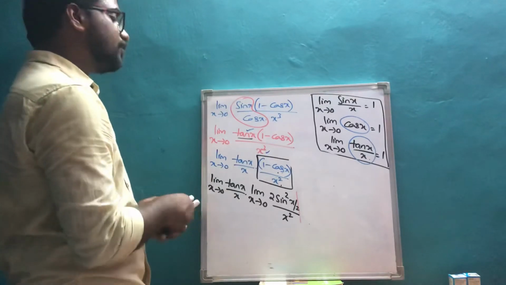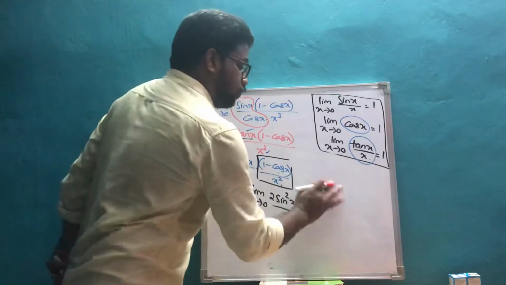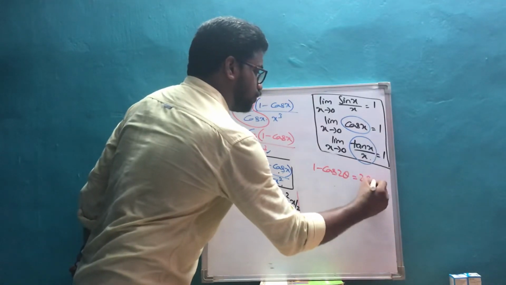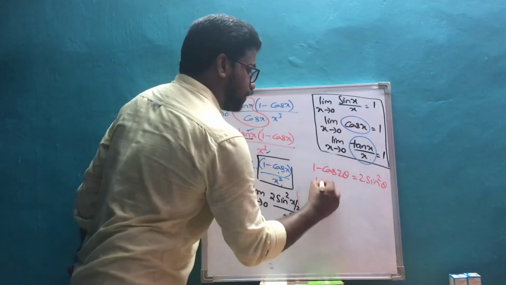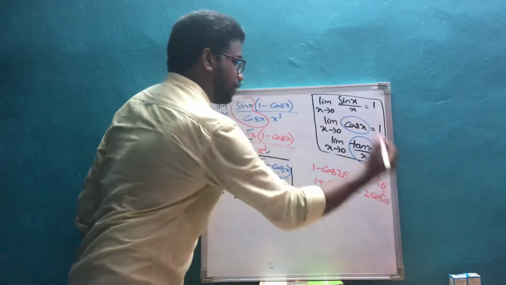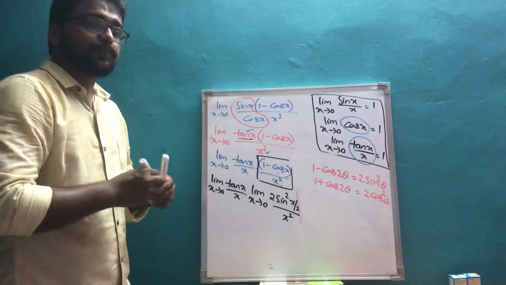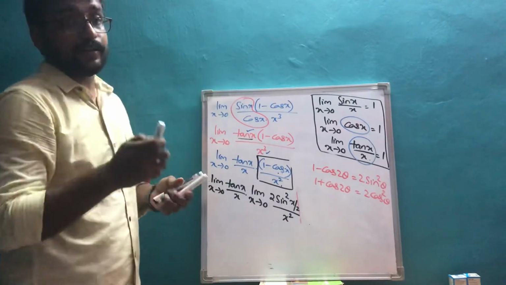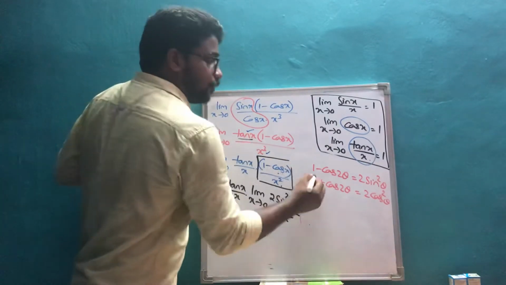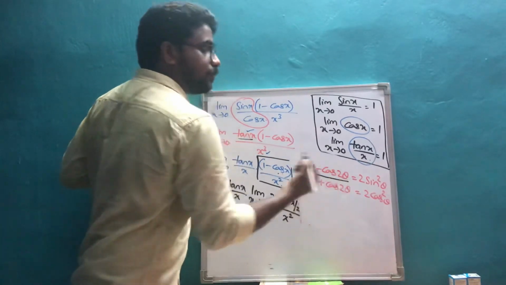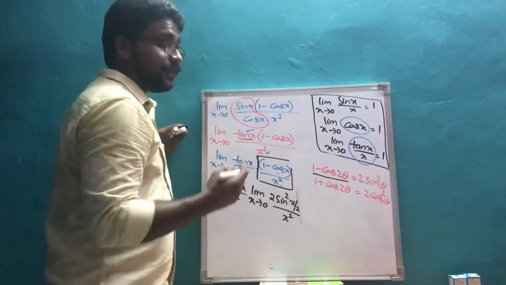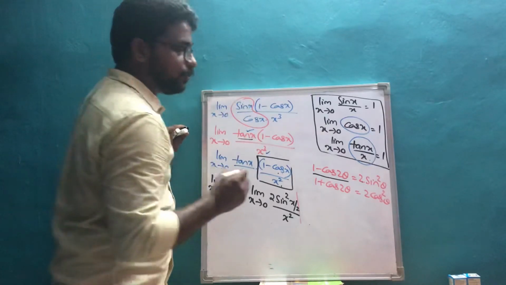So I will write the formula that I used here. We know that 1 minus cos 2 theta is equal to 2 sin square theta, whereas 1 plus cos 2 theta is equal to 2 cos square theta. And my suggestion here is, please try to remember the template rather than the formula. What I mean by template is, if you have anything like 1 minus some cos function, it has to be written as 2 sin square of some angle. That angle relation you should be able to figure out.